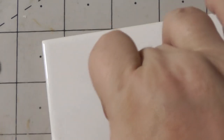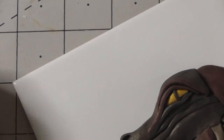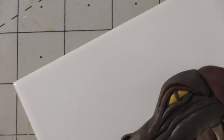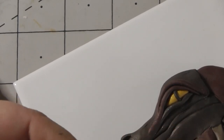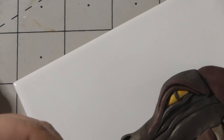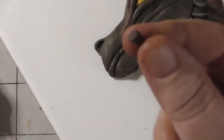Right, so we're going to start putting on some horns now. We're going to do the back ones to start with. So decide what colour you want to do it in. I'm going to use the red for my horns, I think. It's up to you how you do it. Now I like a horn to come at the bottom. They've got to be round, if you can see that. It's got to be completely rounded and pointed on the end,